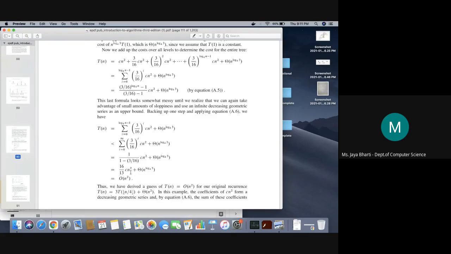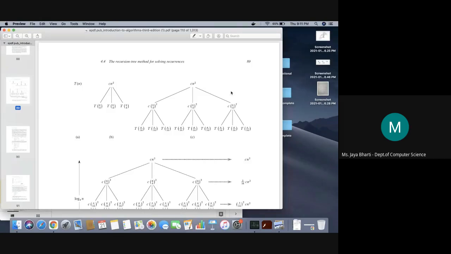Okay, because we are getting the n square term, everything n square यहाँ पे सबसे ज़्यादा है क्योंकि हमारा this value will be smaller than this value. Okay, so हमारा n square will consume all these values, then it will be like big O of n square only. Okay, so no need to solve all these. You can only show this tree and also write the cost of each level in front of each level.